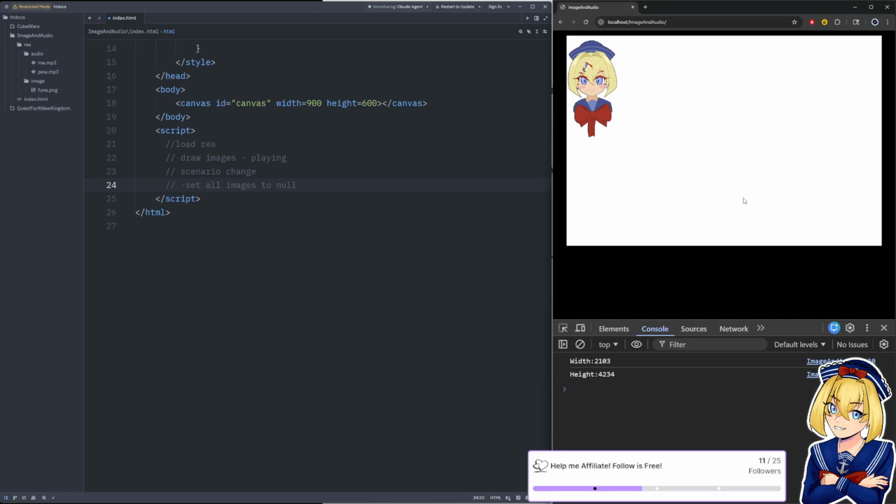If I'm still going to use the character on the next level, then I don't have to unload Funa. I can keep Funa loaded. I just have to unload all of the environment and the enemies and all that stuff, and then reload new enemies and level objects and things for the next level I'm going to be on.